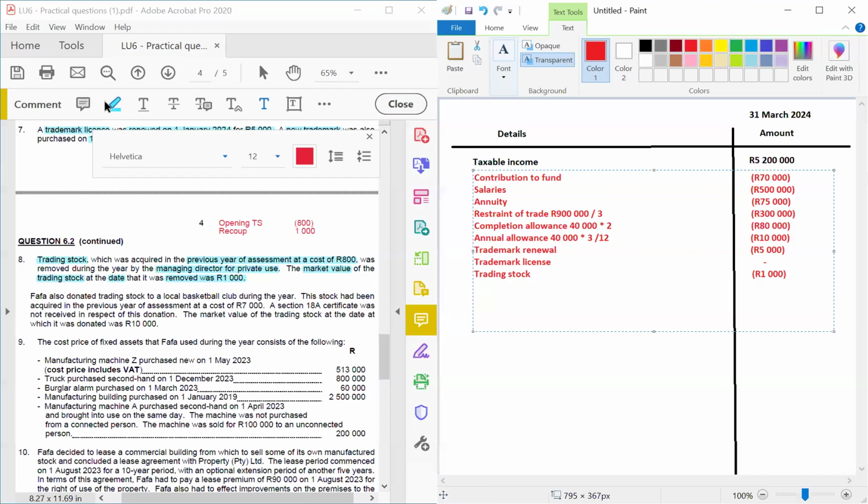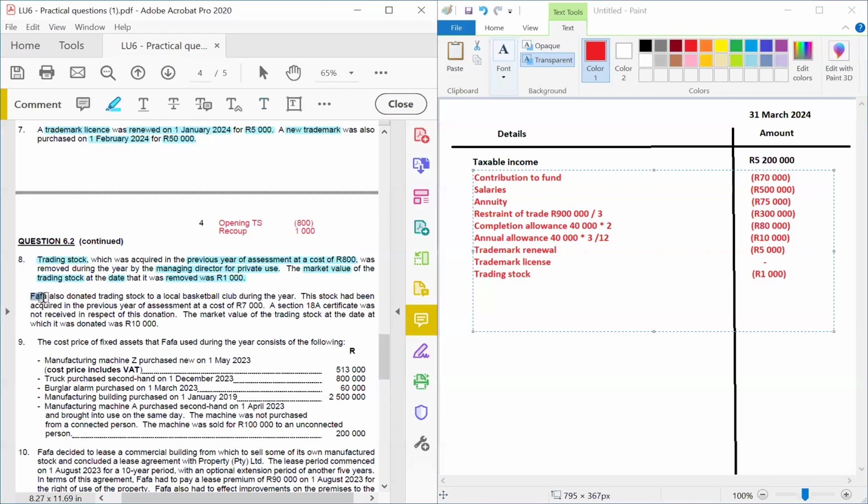Now, number 8, Fafa also donated trading stock to a local basketball club during the year. This stock had been acquired in the previous year of assessment at a cost of 7,000. Right. A Section 18A certificate was not received. So this is not a Section 18A donation. So they are telling us the market value of the trading stock at the date it was donated, it was